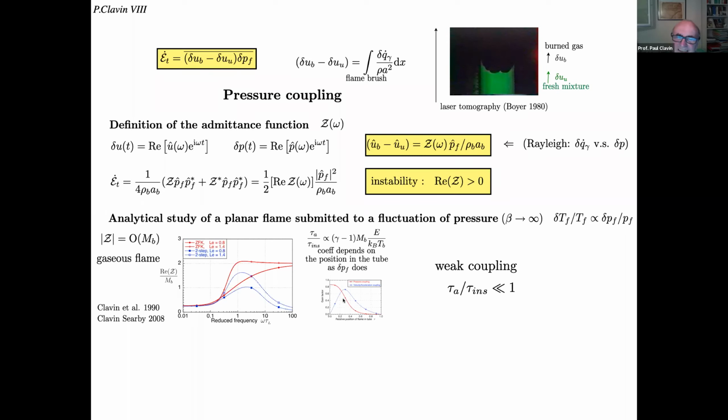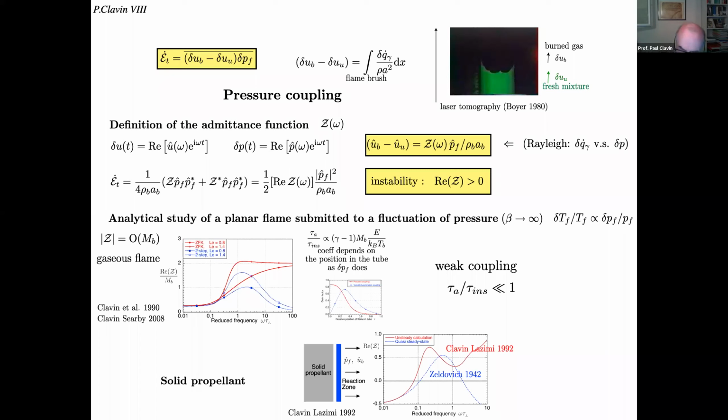small, and it is damped out by different losses that you may have, for example, because the acoustic energy is radiated out in the environment, or because you have viscous dissipation and so on. So this instability for a planar flame, the pressure coupling, is difficult to observe. Okay, so